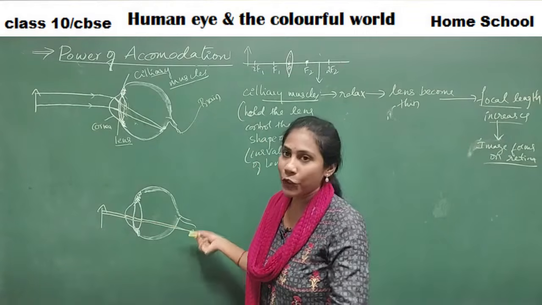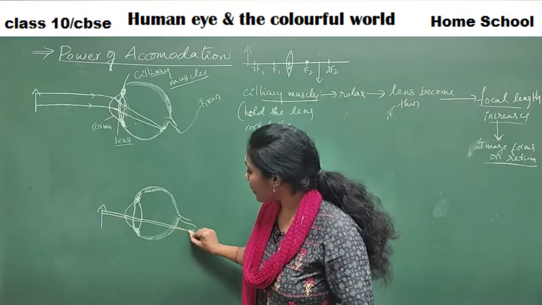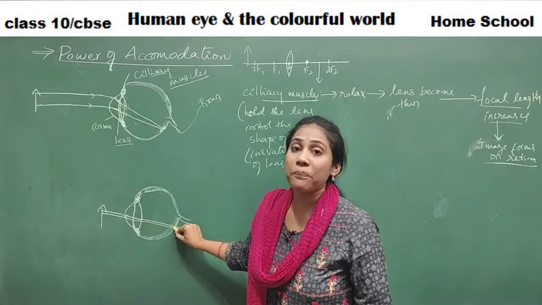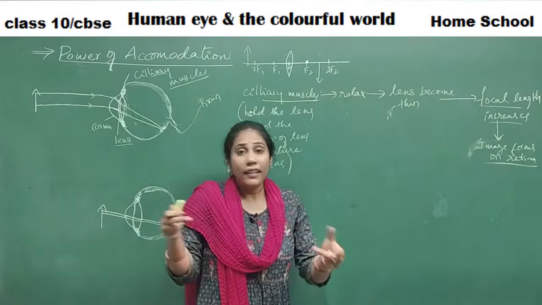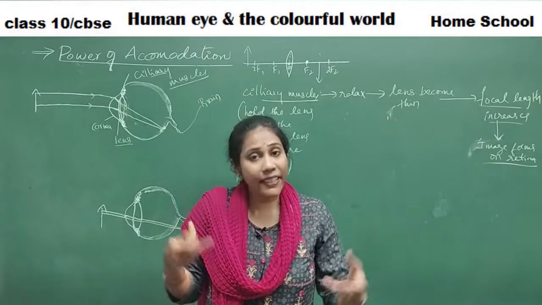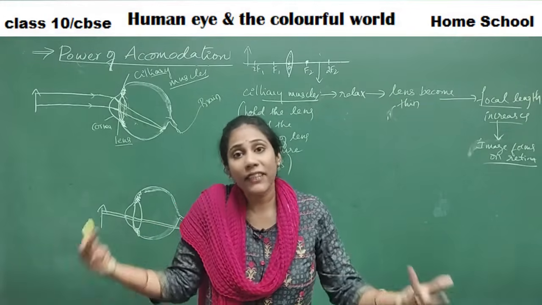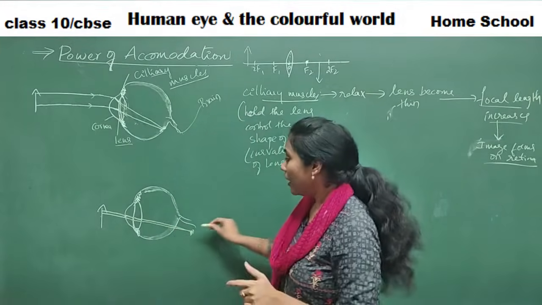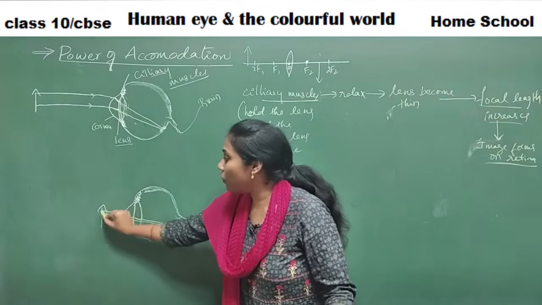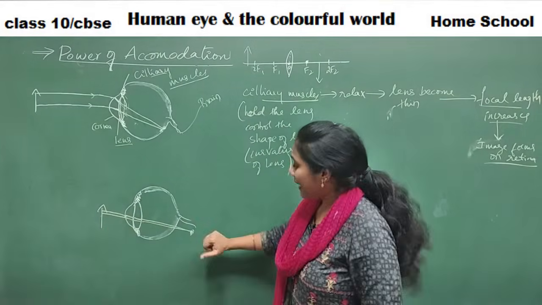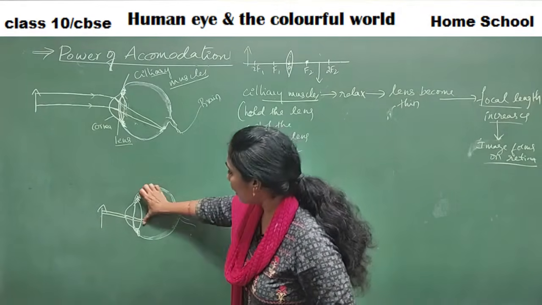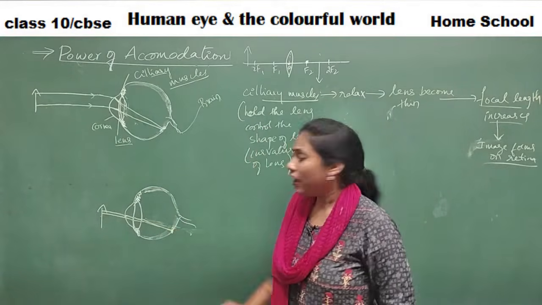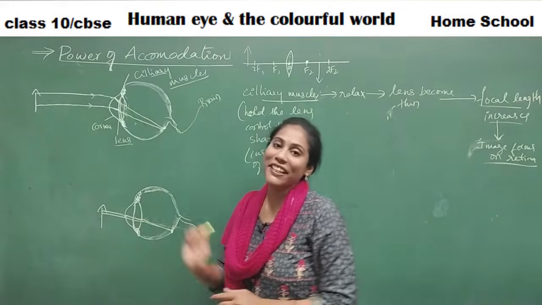But if they meet there, no use, guys. They should meet on the retina, so that the image can be formed on the retina. Only when the image is formed on the retina, the light sensitive cells on the retina will detect it and take the information to the brain so that we can see things. So definitely it's necessary to form the image on the retina. So this is what can happen when the object is very near. To avoid this, here also we want the meeting point on the retina. So what happens here is we need to decrease the focal length.